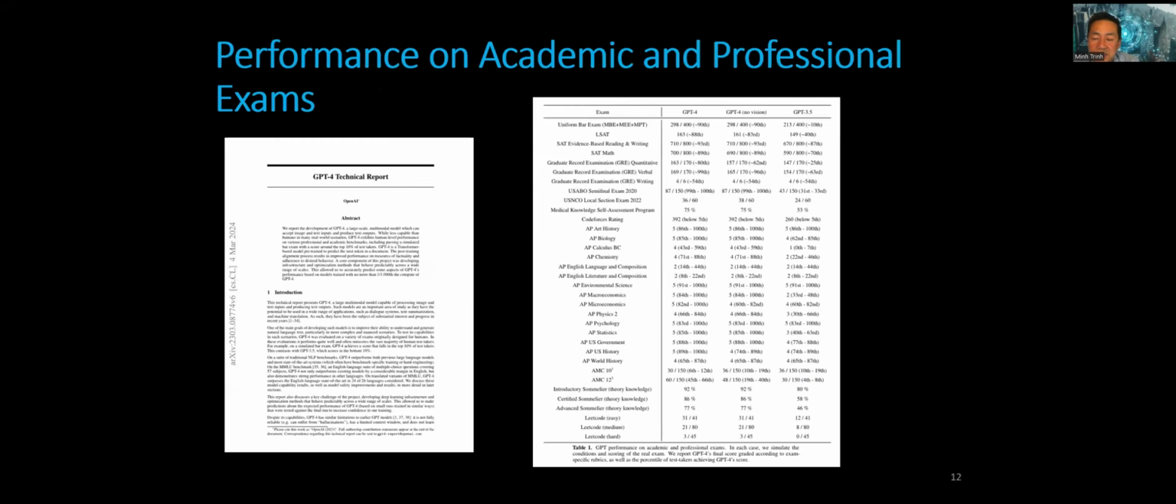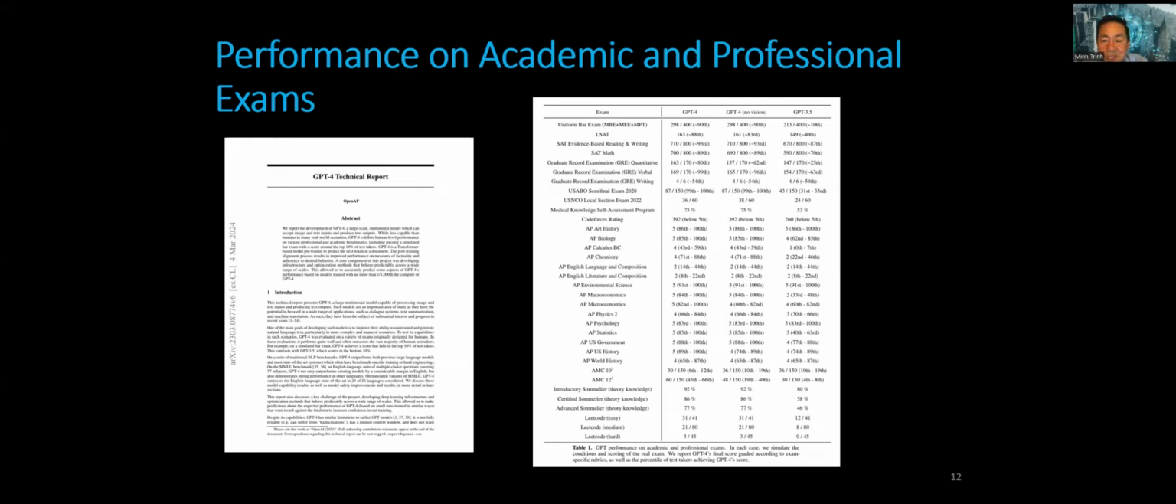I don't think they have updated the studies for GPT-4o, but this is from the GPT-4 technical report. It was updated in March, but I don't know if that table has been updated. So this is the performance of GPT-4 across different academic and professional exams. You might have seen it because the first version was published earlier in